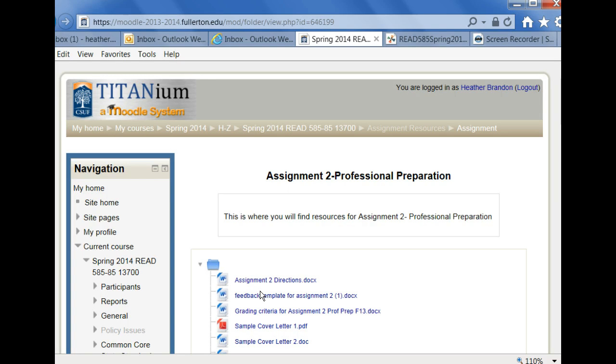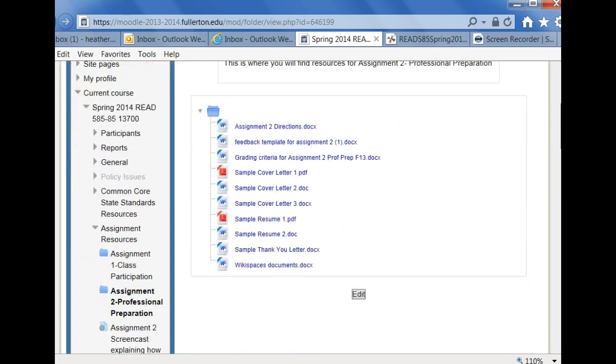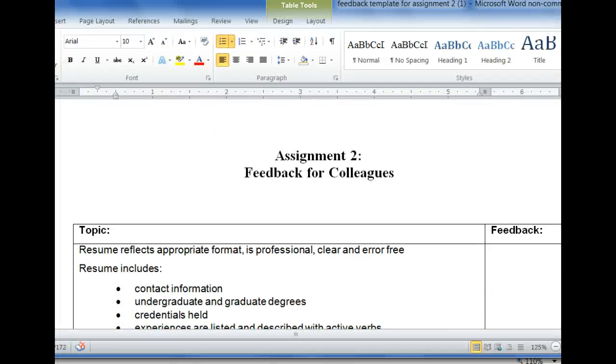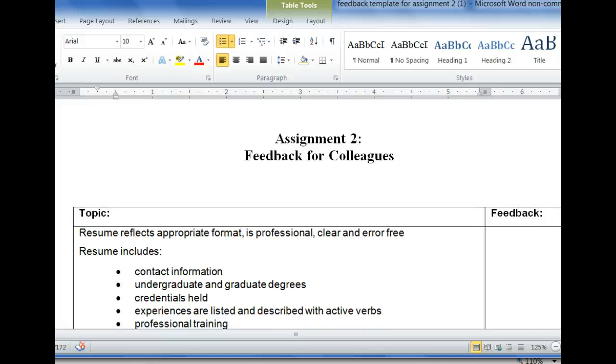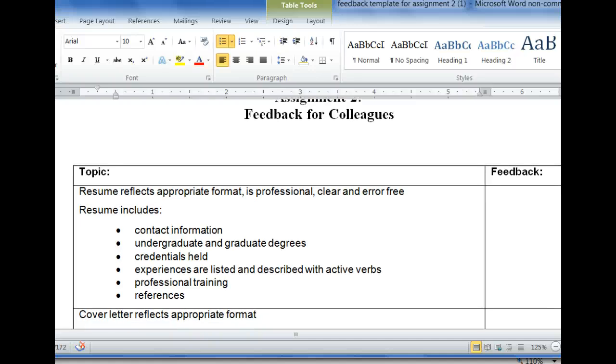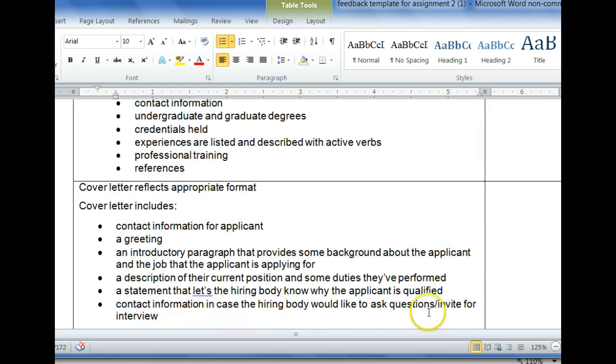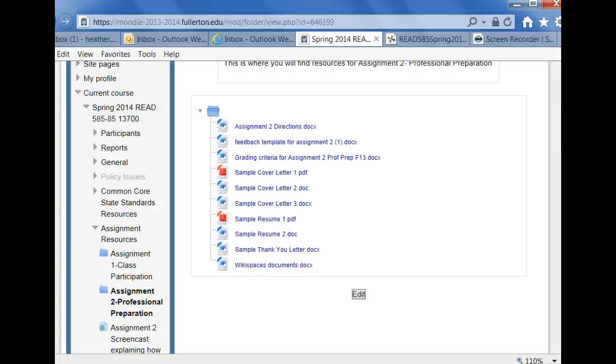So if you click on that, you should be able to view the directions for this assignment, the template for providing feedback for the assignment, and that template actually looks like this, and I will be talking about some of the pieces of this template when I describe tips for the assignment. But basically, here's what we're looking for with the resume. You'll type up some feedback to your colleagues over there and submit that. So let me switch back over.